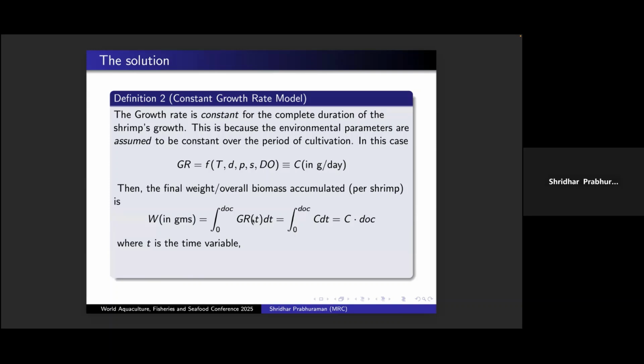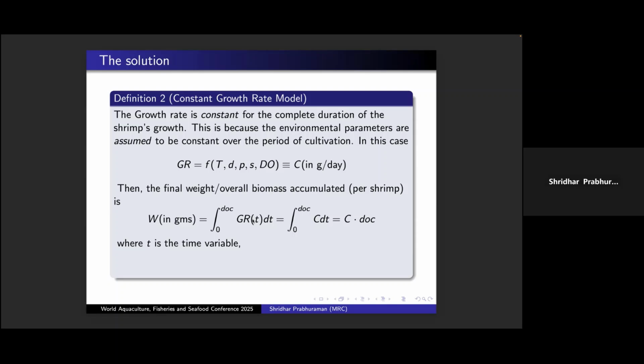Now, for the sake of simplicity, we haven't displayed a lot of equations here. But technically speaking, this essentially involves two parts. One is a growth curve and one is a scaling function. Now, the growth curve is basically the machine learning to generate a curve-fitted polynomial equation that models how the Vannamei grows at different temperatures. And we do it for three different sizes because the size of the shrimp during the growth of the shrimp, the size at which the shrimp is between the small, medium, and large as we bifurcate